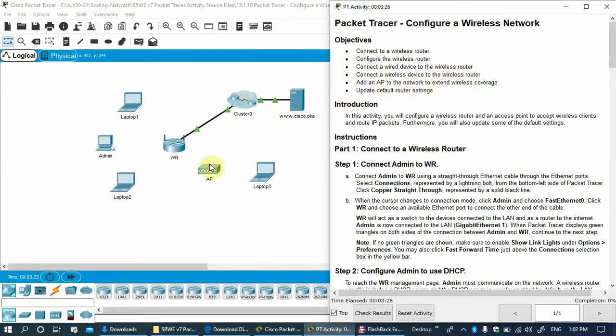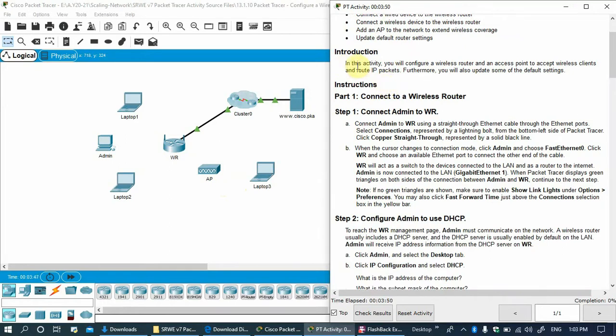Sometimes the signal is very weak, so we plug in the access point just to extend the wireless coverage. Also, update the default router setting. These are the objectives of this activity.